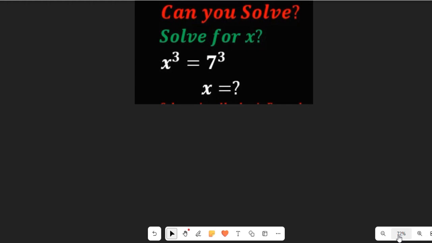Hello, can you solve for x in x to the power of 3 equal to 7 to the power of 3? I'm going to use two things. One, algebraic formula, and then I'm going to show you a new way of solving the quadratic formula in this mathematical